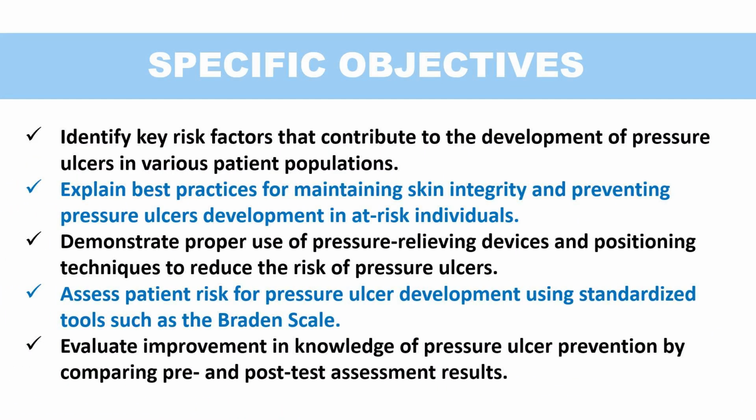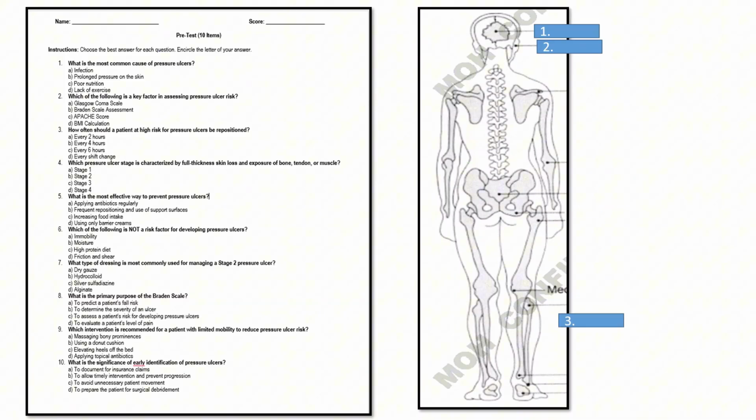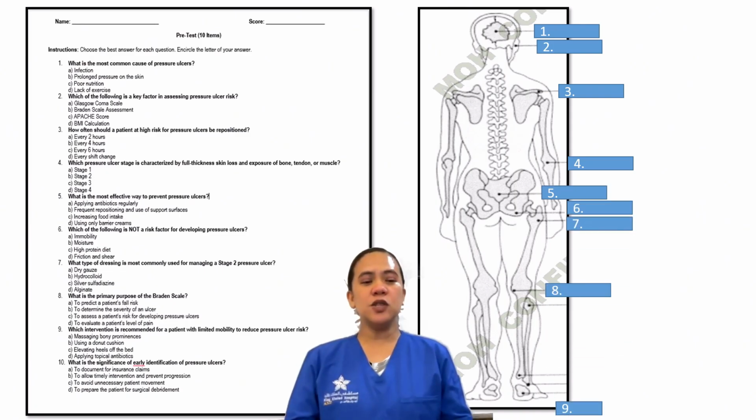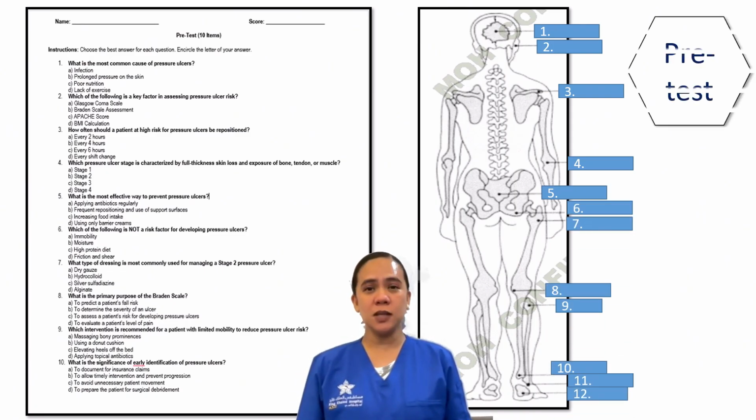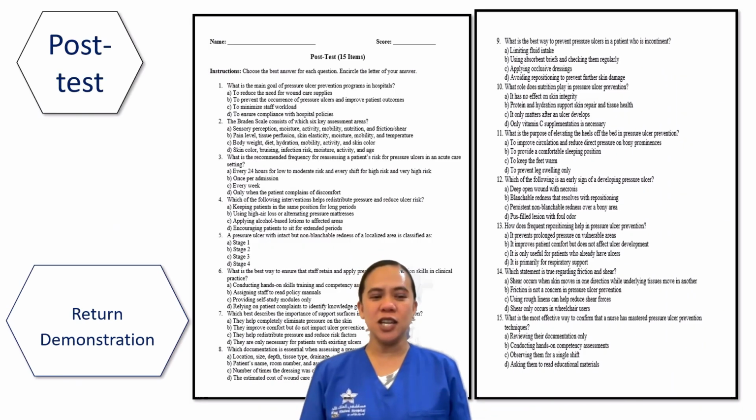By the end of this session, you should be able to identify key risk factors that contribute to the development of pressure ulcers, explain best practices for maintaining skin integrity and preventing pressure ulcer development, demonstrate how to properly use pressure relieving devices and proper positioning techniques, assess patient risk for pressure ulcer development by using the Braden Scale assessment, and evaluate your knowledge through a pre- and post-test. These objectives are the backbone of our learning today, and I promise we'll make them practical, engaging, and relevant to